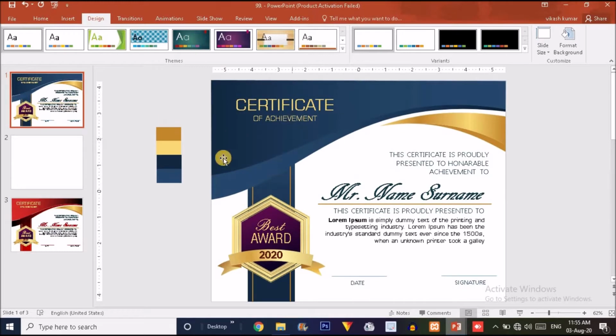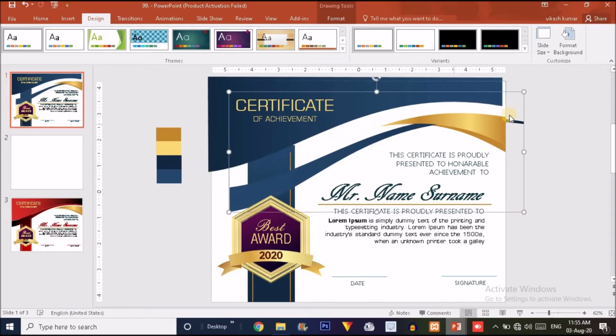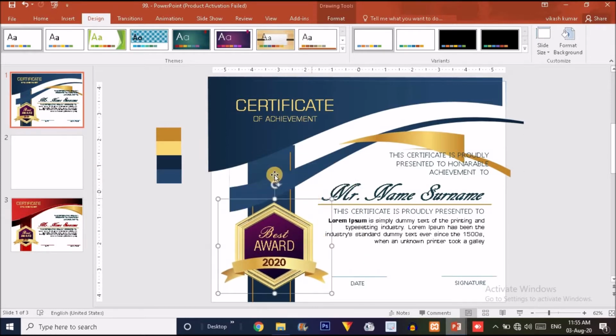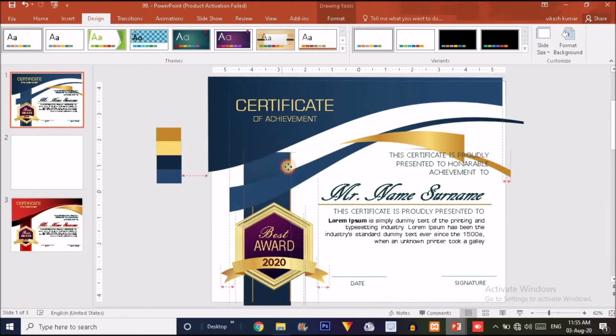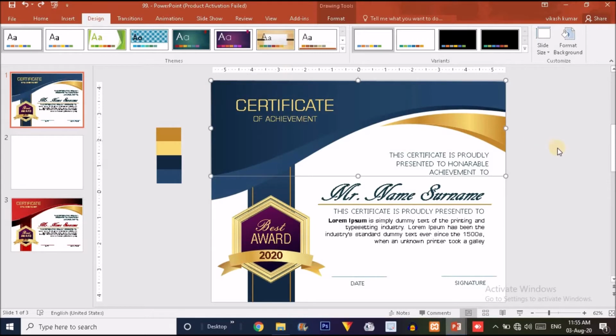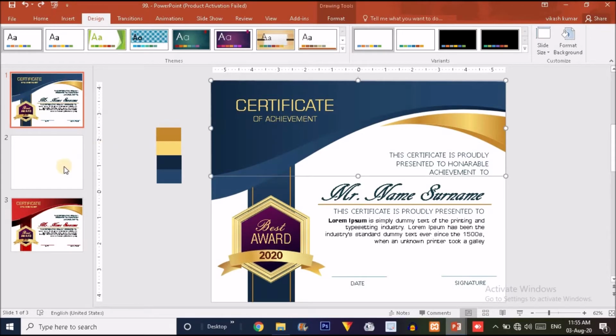Let me show you guys how I have combined these custom shapes to create a certificate like this. You can see this is the shape we have created for this. You can see each and every shape. This is a single group of the logo over here, and behind the logo this is just a rectangle. So this is how I combine these custom shapes to create a certificate like this. So we will first create this particular one.